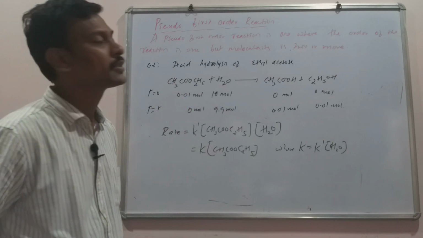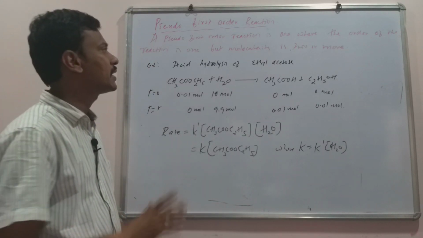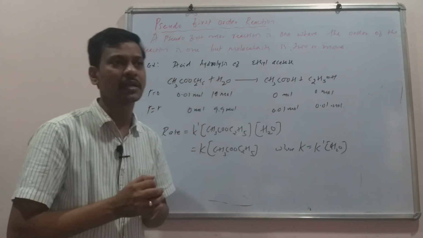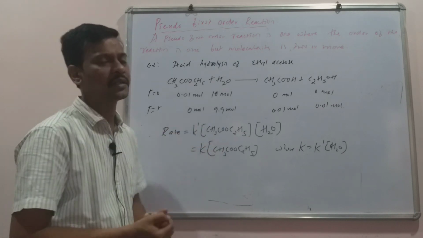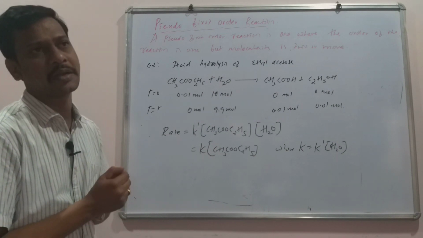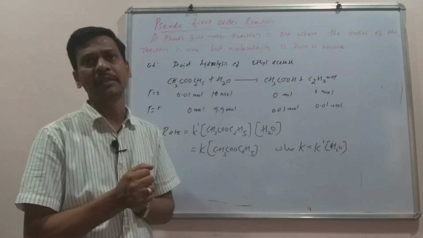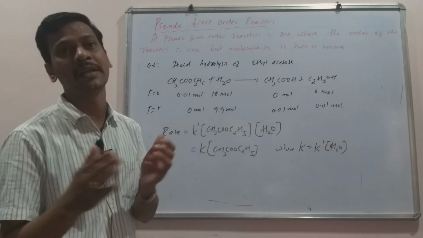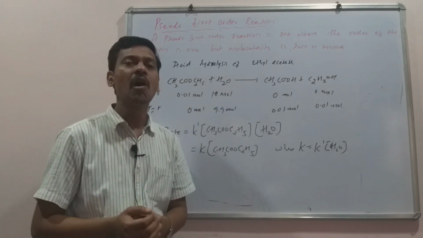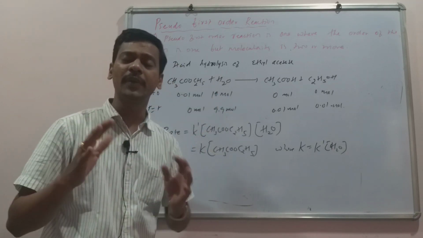What exactly does this mean? Please remember, it can also be defined like this. If a higher order reaction is converted into a first order reaction by taking all the reactants except one in large excess, then in such reactions only one reactant will affect the rate of reaction, but the other reactants will not affect the rate of reaction. This is because all of them are in large excess compared to one reactant.